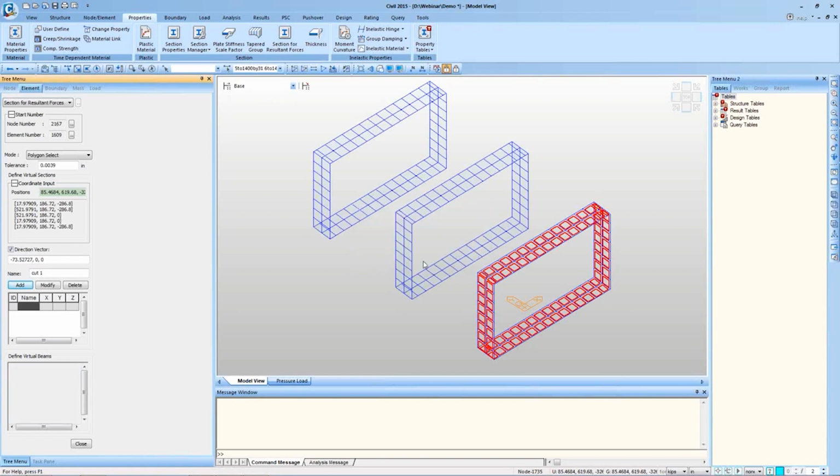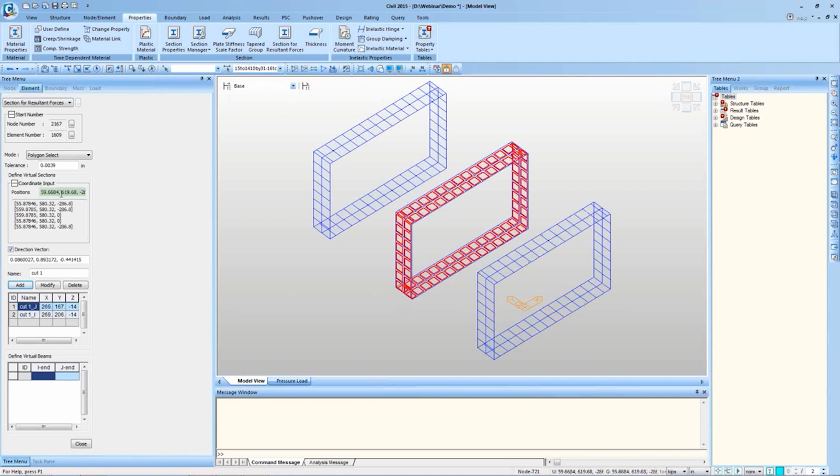Analysis results will be deleted. Yes. Then again define a cut plane on the second section. Enter a direction vector. Either we can use the mouse clicking for entering a direction vector, or we can directly enter the values in the box itself.